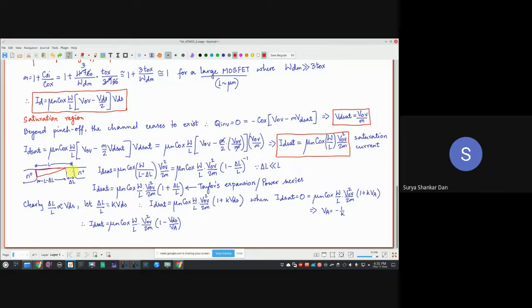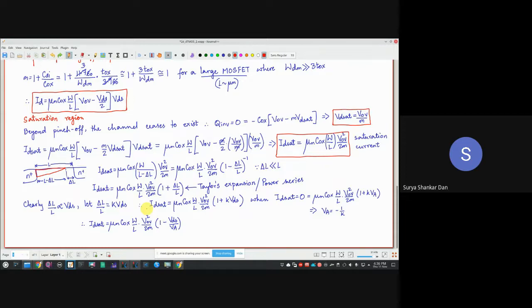Before we go any further, I want all of you to discuss what can be physically happening inside the channel because of this. Notice that these relations are very simple. We are essentially bringing into the channel the length modulation parameter, so that is something which you all know. Let me rather discuss something which you may not know.